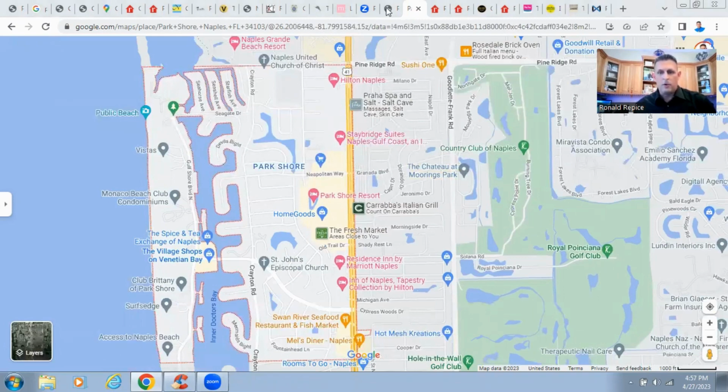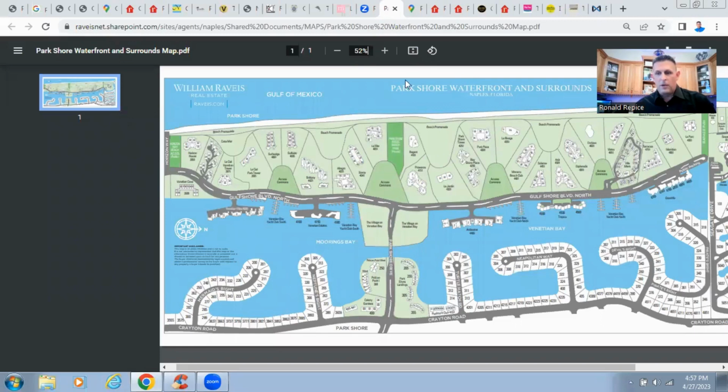Let's keep on going through. Gulf of Mexico here, Seagate, all the way down. You can see the couple access points that you can get over to Park Shore, Venetian Village. Really, really great. And then we're going to hit